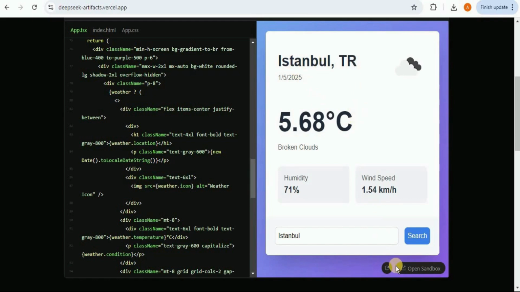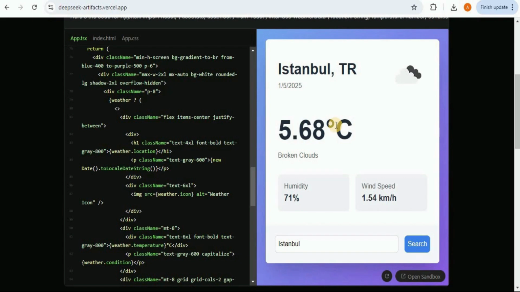And you can always go ahead and open the project in the sandbox, make the changes right there, and then download the entire project so that you can use the code anywhere else you want. In this way, you can use the DeepSeek artifacts to generate applications by providing a simple prompt, and that too absolutely free and without any context length limit or the need to sign in to use it. So overall, it is an amazing tool and a great competitor for the OpenAI Canvas and the Claude artifacts, along with some other code generating apps like Bolt.new, which is pretty famous these days.